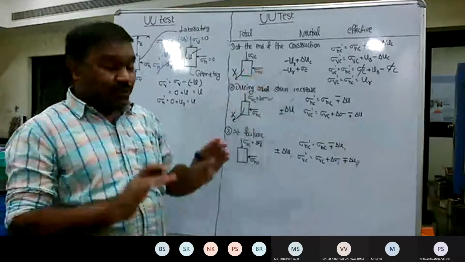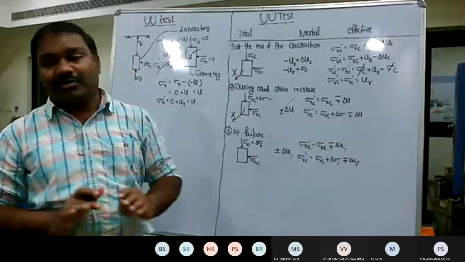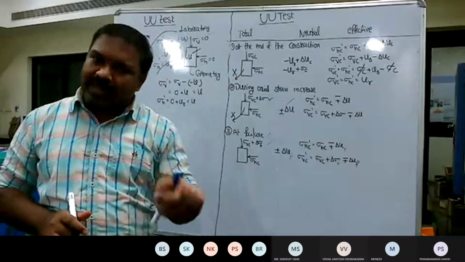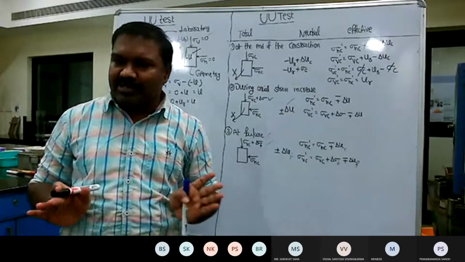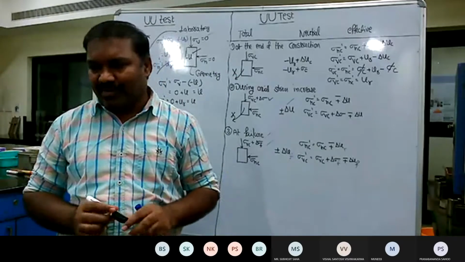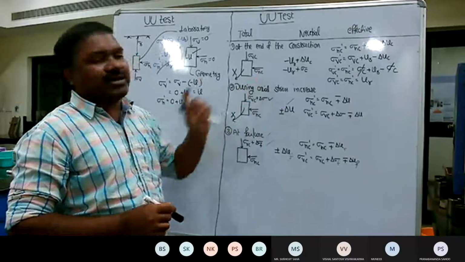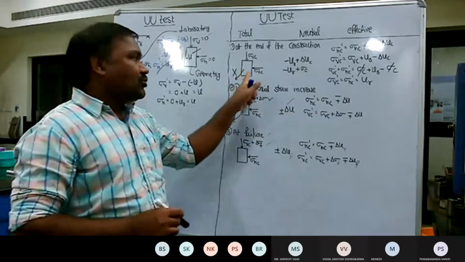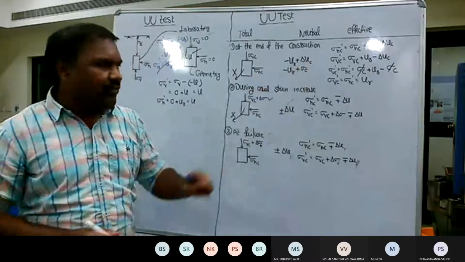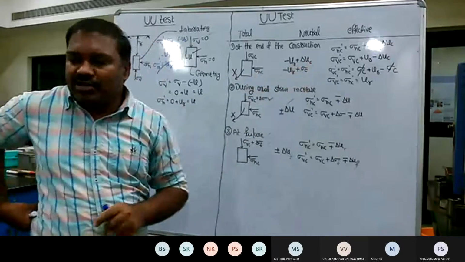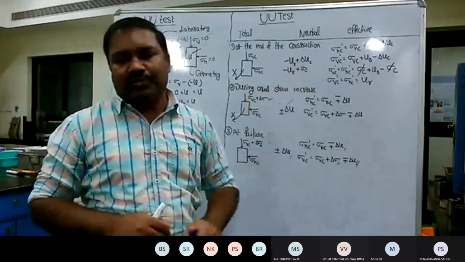So in this case, you are not consolidating the soil sample, and it is also not possible because the drainage valve is closed. But you can apply the confining pressure on the soil sample. There is no hindrance for the application of the sigma C. But when you apply the sigma C, as there is no hindrance, that applied load will be borne by only the water. So therefore, we will write that under fully saturated condition, the applied sigma C will be equivalent to the delta UC.